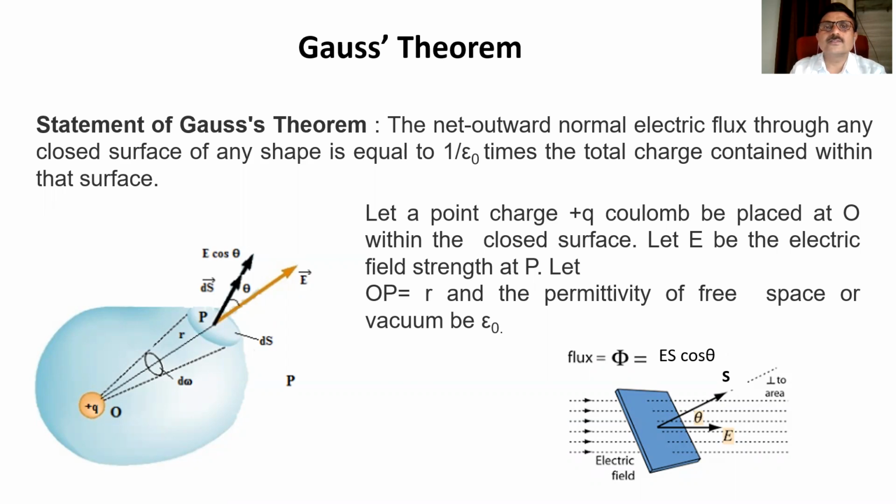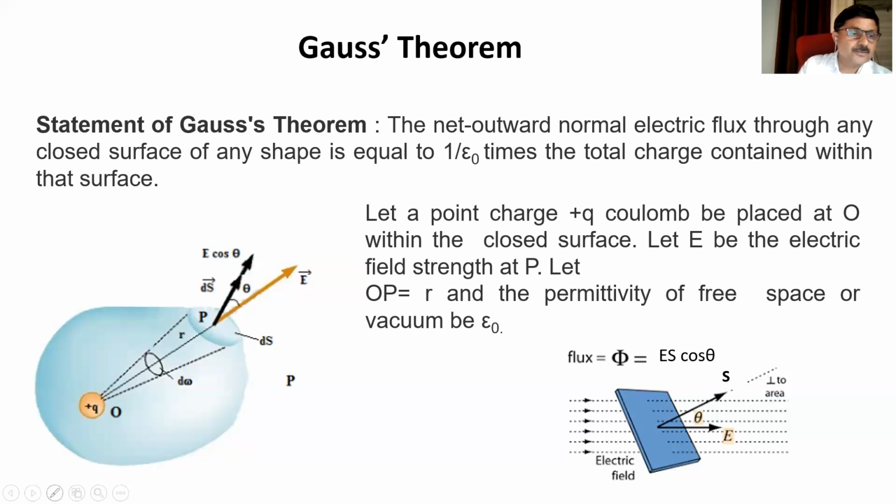How the electric flux originates in the case of an isolated positive charge and an isolated negative charge. Also, we have discussed the electric field lines for a pair of similar charges, positive charges. And also we have seen how the electric flux lines originate in the case of two opposite charges separated by a finite distance. And we have understood the definition of the electric flux. We will revise the definition of the electric flux.